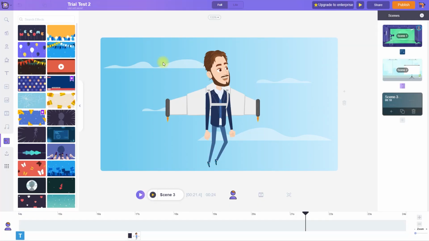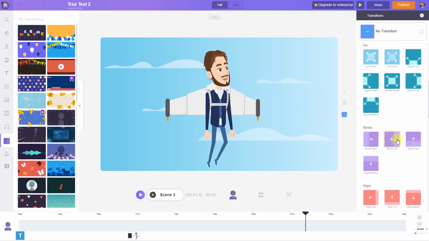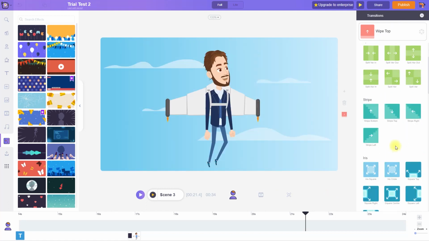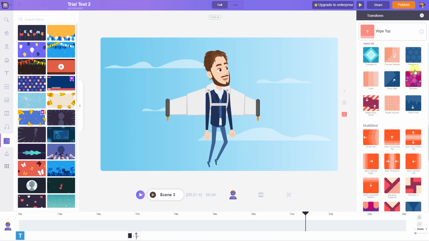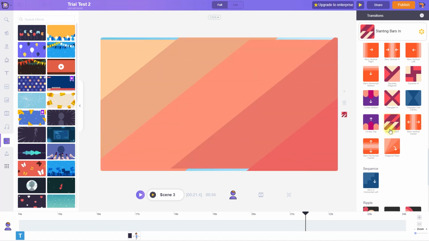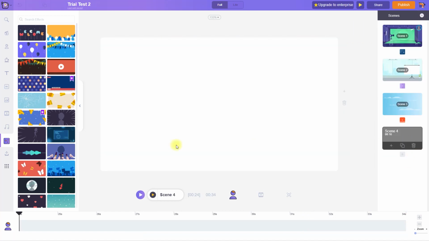Now before adding the sound effect, which we'll be doing at the end, let's finish off our scenes. So this is the last scene that we'll be doing today. First, let's add a video transition. I want some colorful transitions, and these are some of them which catch my eye as soon as I look at them. So like this one, this one, this one. I'll just do this one because we need to complete our fourth scene.